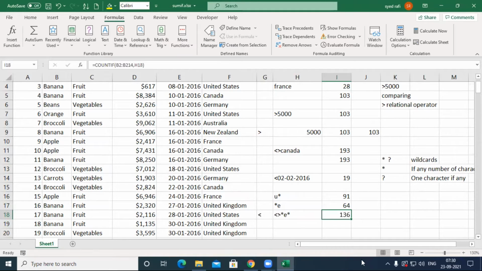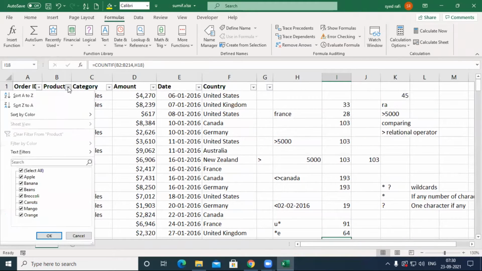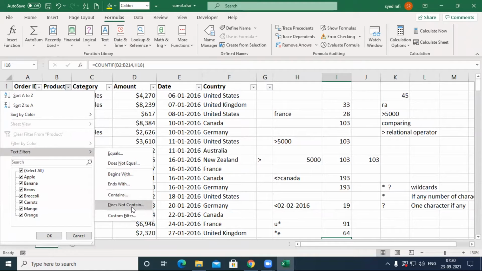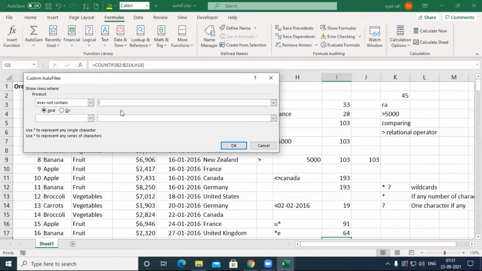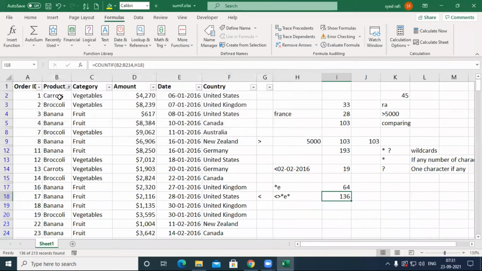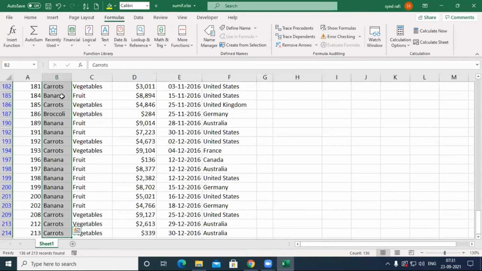The product names that contain E, I don't want to count those products. So 136 products do not contain E. I hope you can understand. Let's check whether it is correct or wrong. Text filter, does not contain E. Simply give E and say okay, click here and press Control Shift down arrow. It will be displayed like this: 136.